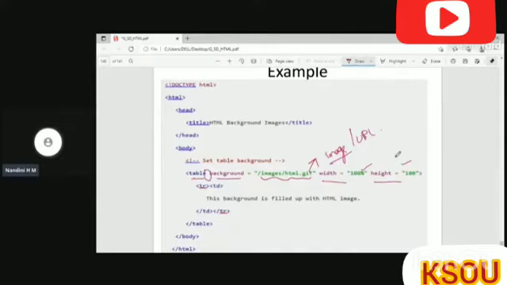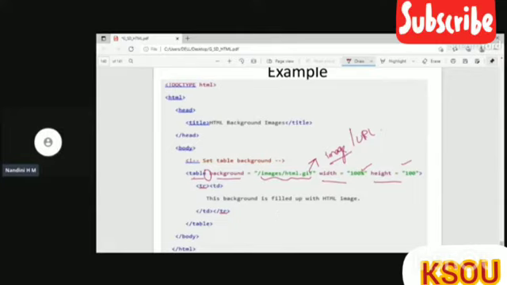I will show you one example of how to create a simple web page using the basic HTML tags. So I'll close this presentation and I'll display the entire screen so that you can practice creating a simple web page.